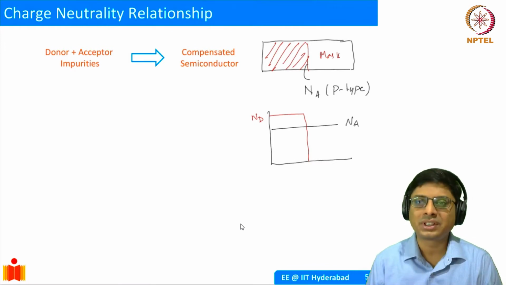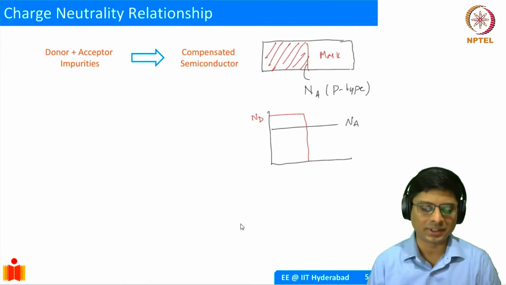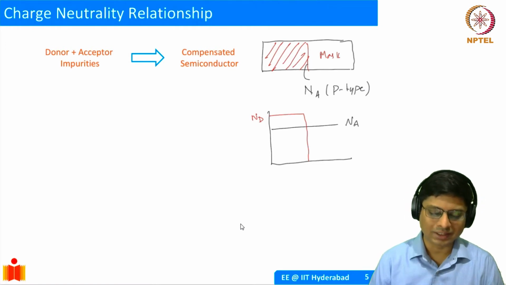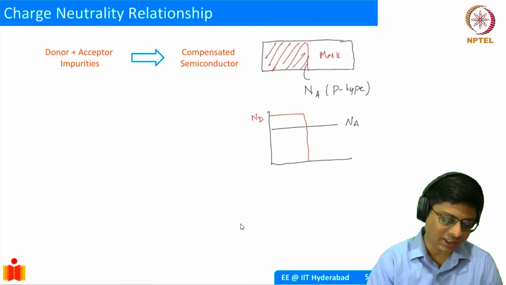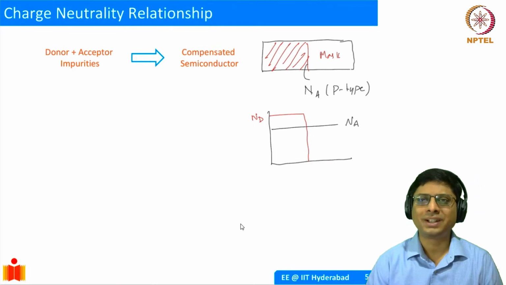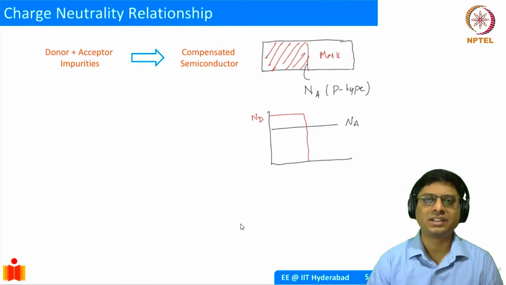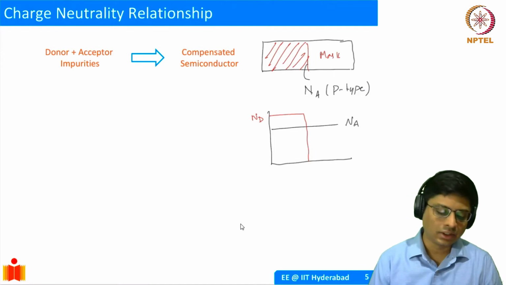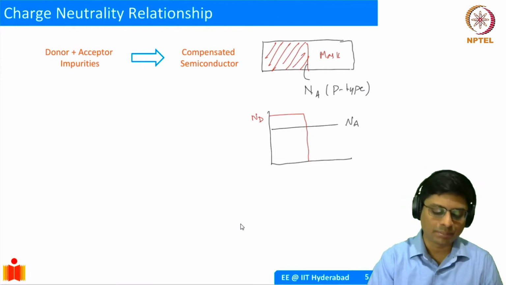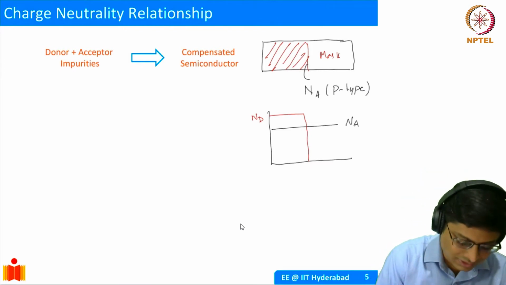What happens to carrier densities in a compensated semiconductor? This is an important thing that you might have to regularly use to calculate. To do that, we use what is known as the charge neutrality relationship. Initially your dopant is charge neutral and the silicon lattice is charge neutral. When we put in these charges, the charge neutrality has to remain. Whenever we add a donor, the donor gives an electron, which is negatively charged, so the donor atom becomes positively charged.